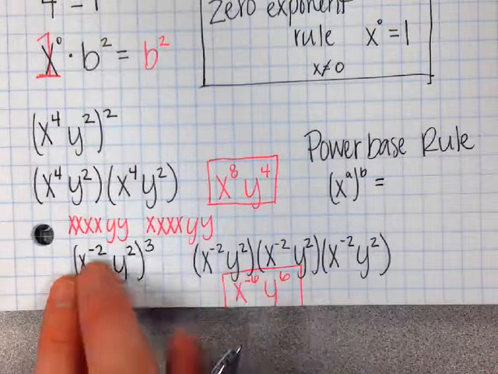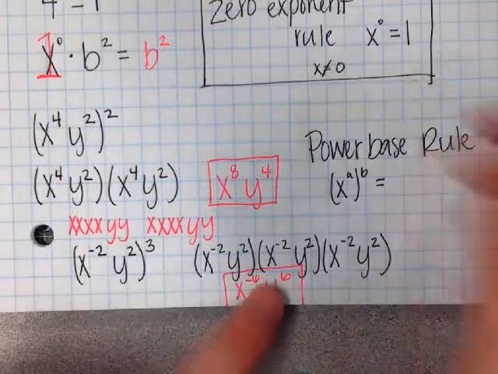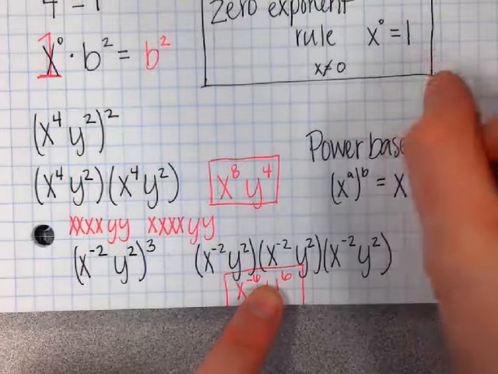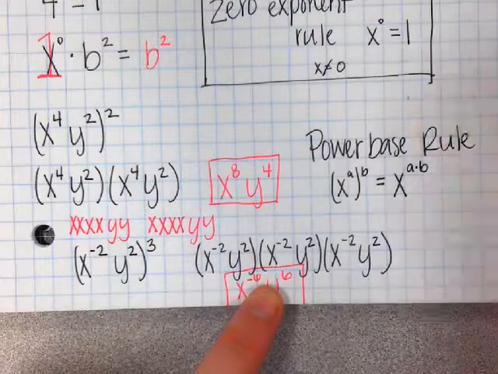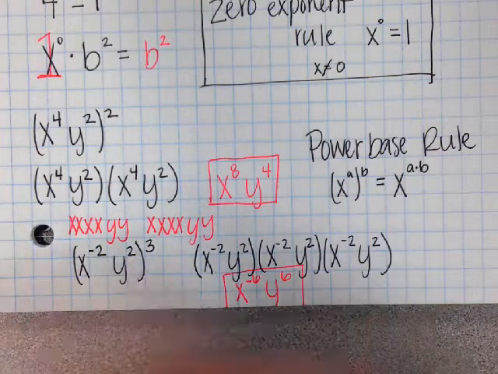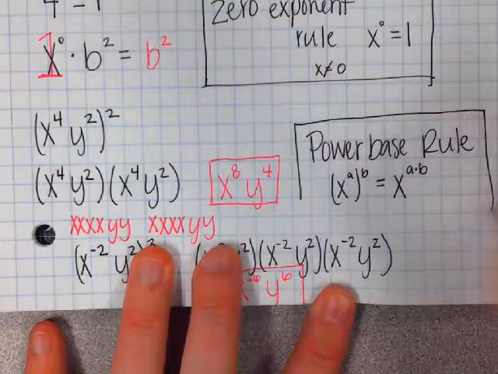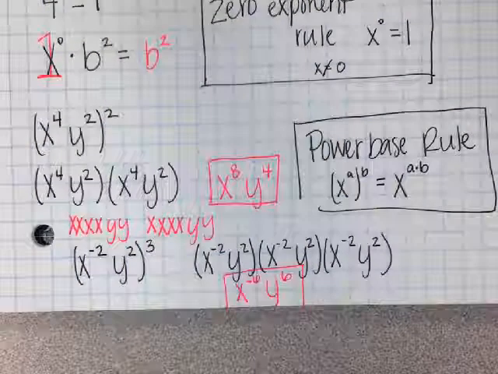If you notice, 4 times 2 is 8, 2 times 2 is 4, negative 2 times 3 is negative 6, 2 times 3 is 6. So all we were doing in this case is a times b. So you just have to multiply whatever this is to that power. So that's our last